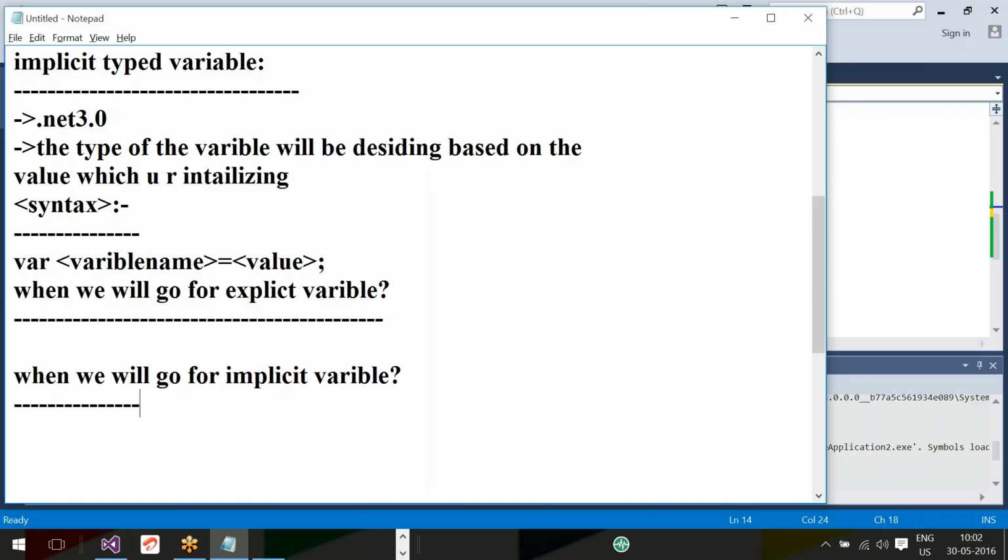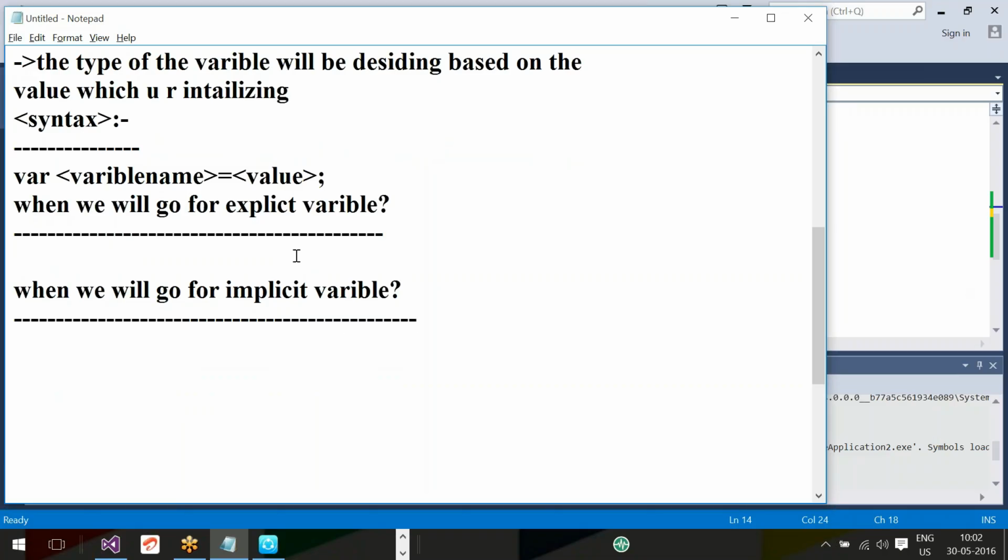When will we go for explicit typed variable, or when will we go for implicit typed variable? Come on. When the programmer already knows what type of data type